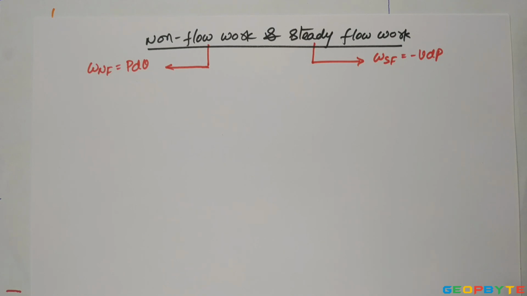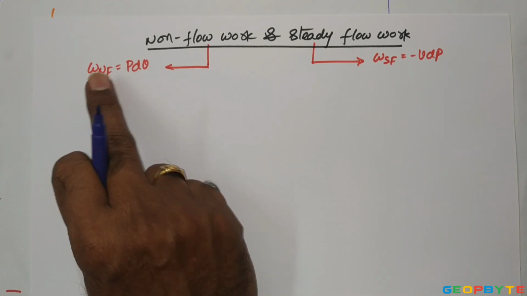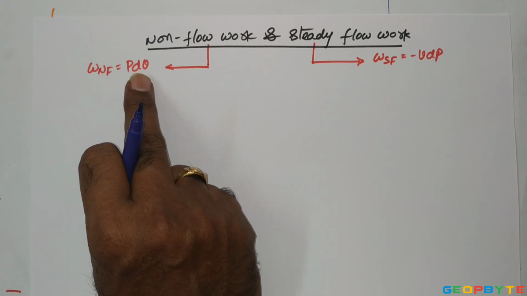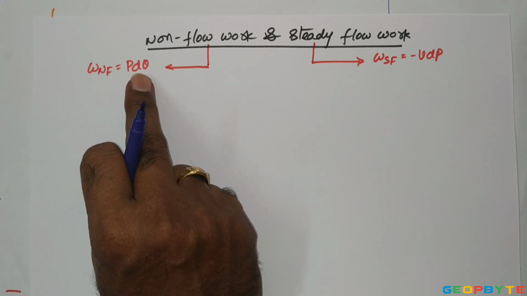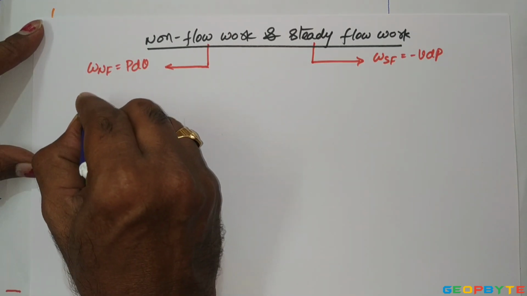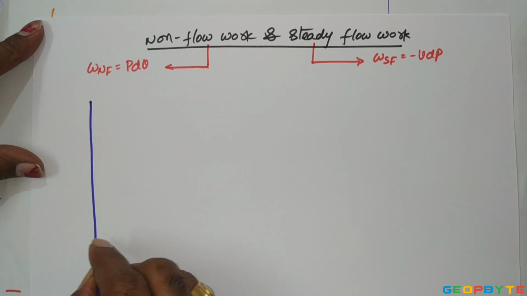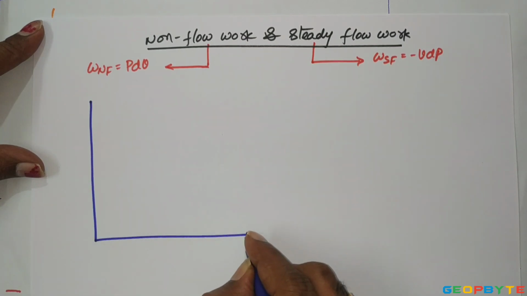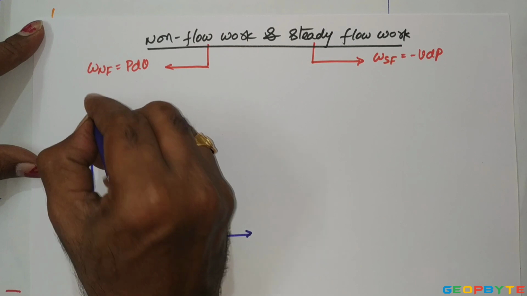Non-flow work is also called displacement work or closed system reversible work. That closed system reversible work is equal to PdV, pressure multiplied by change in volume. Since the non-flow work is PdV, we concluded that the area below the PV diagram is non-flow